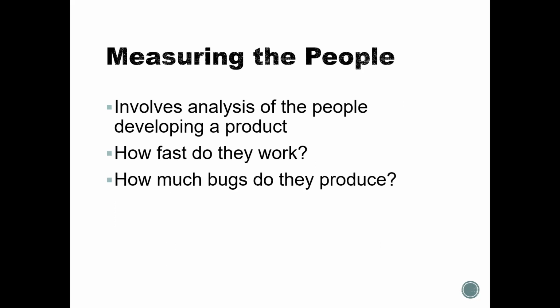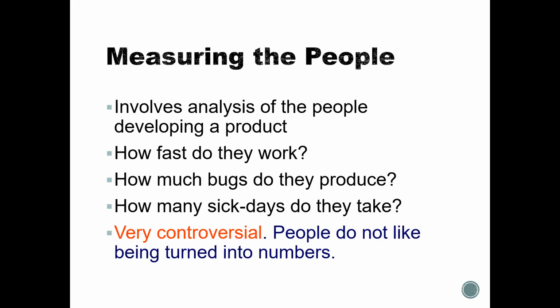Third is measuring the people. Here, people means the people who are going to be involved in the developing phase. So why do we want to measure the people? Because it turns out that people have a huge impact on the whole product. For example, you may want to know how fast a person or a developer is working, because you want to hire people who work faster, who have some domain knowledge